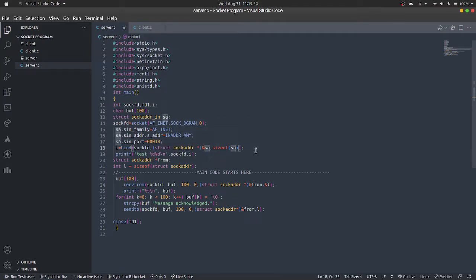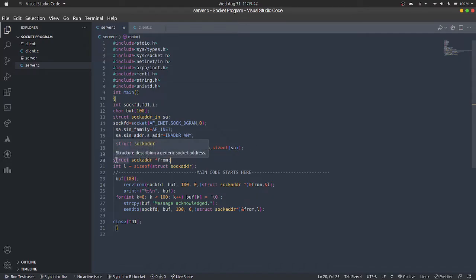Here we are printing, if everything is fine till here, the return value of sockfd and the return value of bind. We know that if it is returning -1, then there is some error. If it is not returning -1, then it is running perfectly. So if I run this program and -1 is not returned, then our program is running